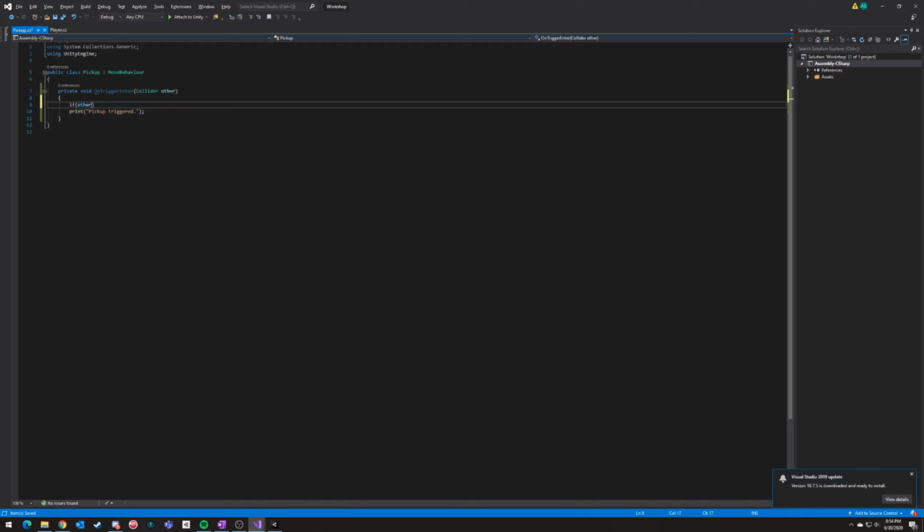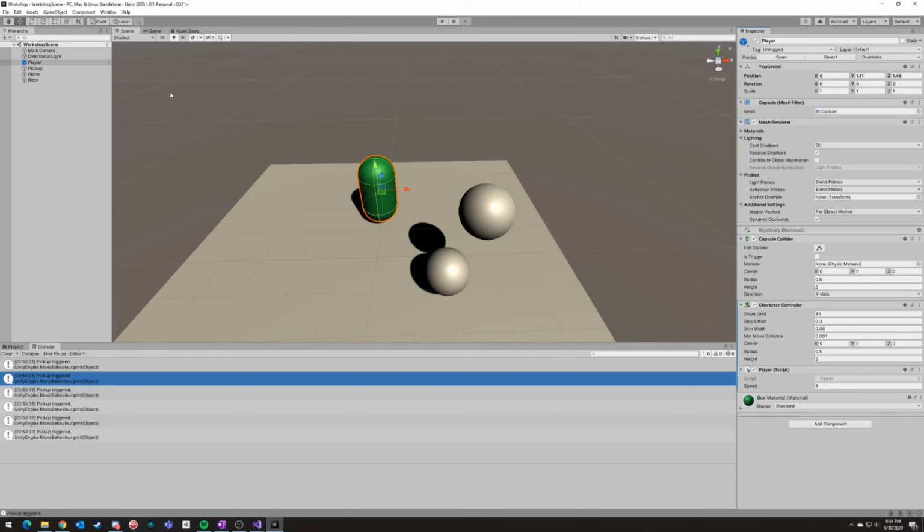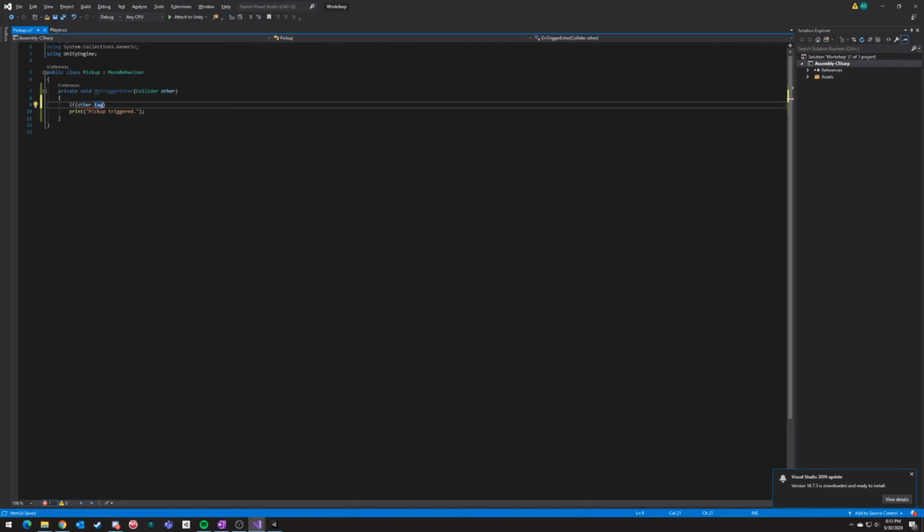Alternatively, you could also look at other and look at its tag, which is what this thing in here is. You could tag things, and I could tag this player as Player, and only player objects would be tagged Player. And I could say if the other tag is equal to Player. And this is better because at least that is more consistent. Yet again, as a string reference, things could change, but it's a little better,